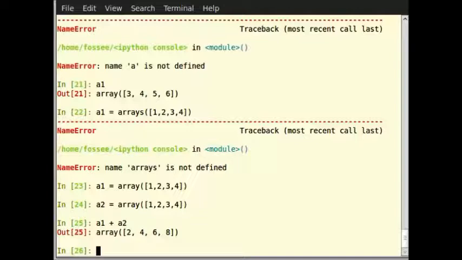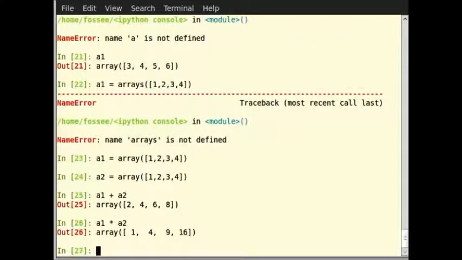So try out A1 into A2. A1 into A2 returns an array with element by element multiplication. And notice that it does not perform matrix multiplication.